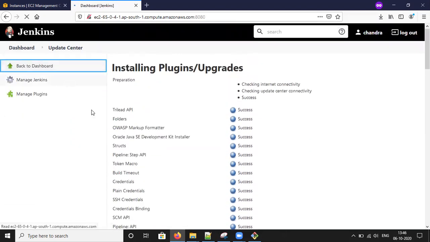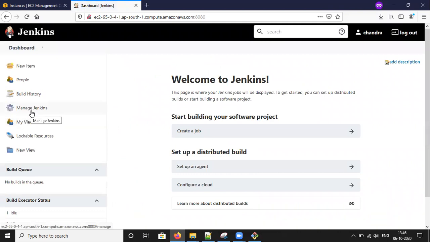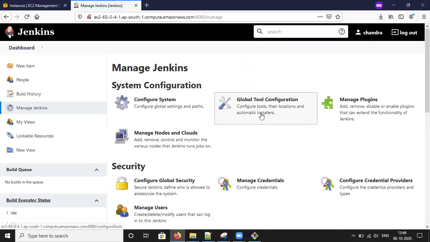Go back to dashboard, manage Jenkins, configure system.